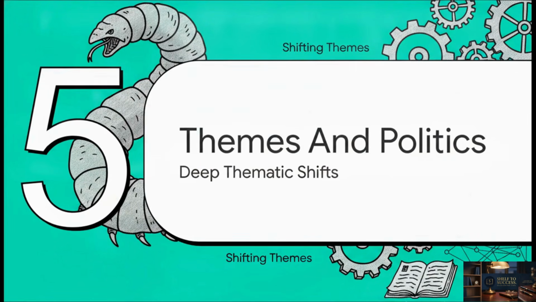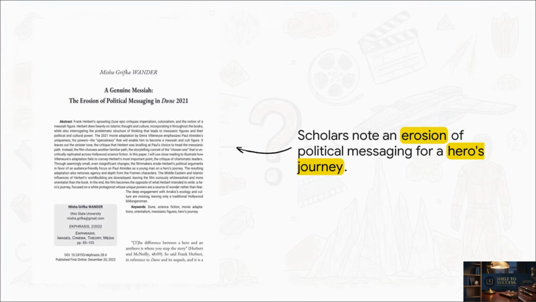Let's transition into Section 5, Shifting Themes and Politics. So, some academic analyses have pointed out an erosion of political messaging in favor of a more traditional hero's journey in the films. Scholars note that Frank Herbert's original text deeply embedded Middle Eastern and North African, or MENA, cultural influences, granting the Fremen a ton of agency in their own political decisions. The critique of the film adaptation is that by omitting certain internal monologues and streamlining the plot to focus purely on Paul's individual exceptionalism, the movie leans pretty heavily into a standard Hollywood white savior epic format. This potentially downplays the complex cultural agency that was so present in the original text.